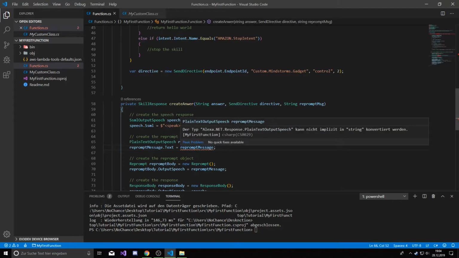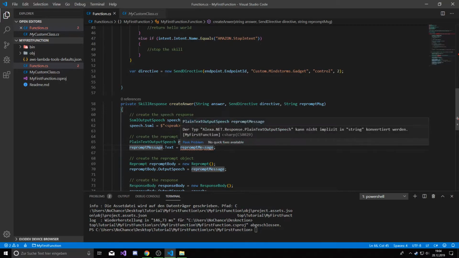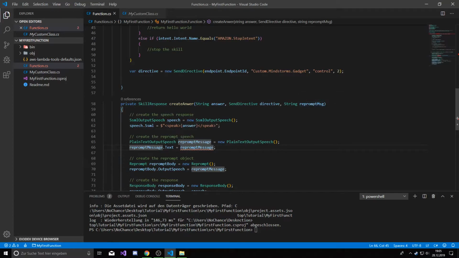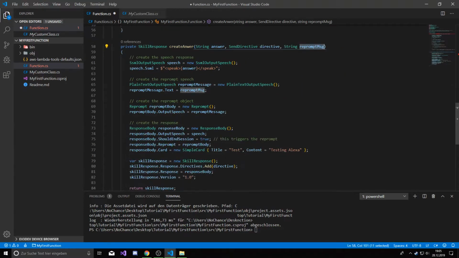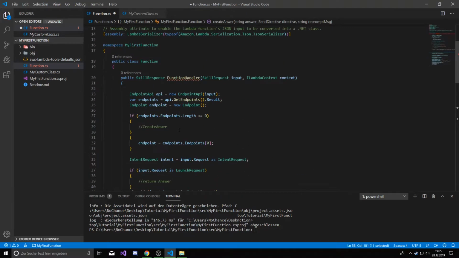So what's the problem? Right, string convertive and string reprompt message. Oh, right, so that's the wrong name, obviously. So now this works. Now we have a universal function that always returns the correct return type, and now we can just adjust this